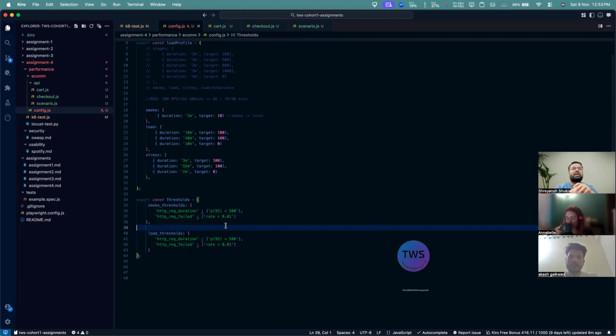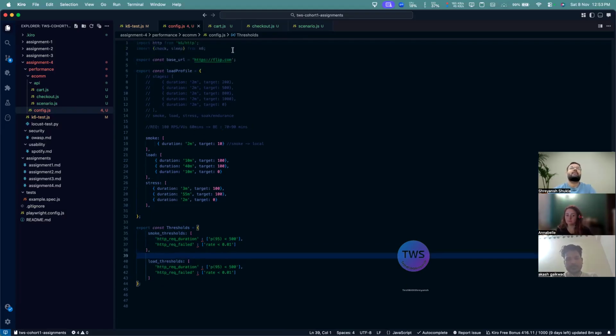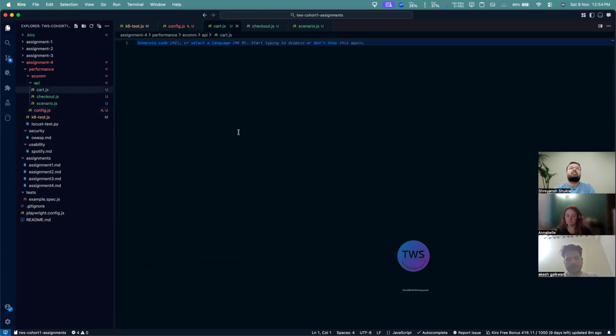And once I do that, I can then import whatever I want to work on and move to the next level. Assuming my config is done, what would my cart look like? What is it that we will be doing